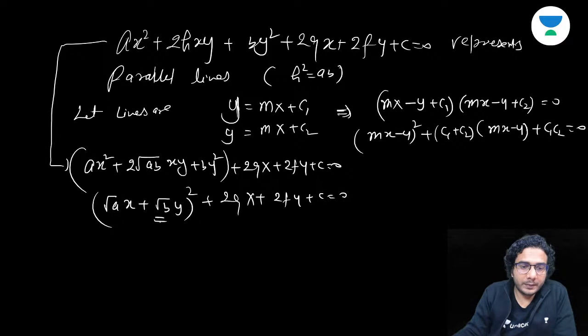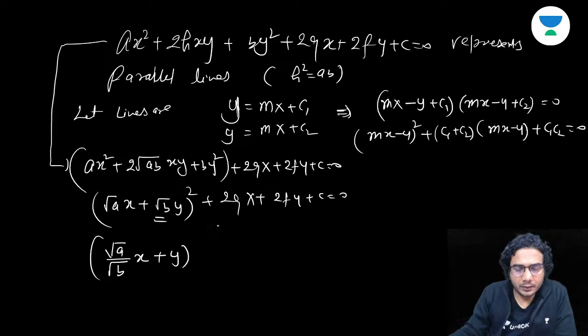And then you can divide by coefficient of y also, because if you divide by the coefficient of y, then you will get this root of a upon root of b, x plus y,